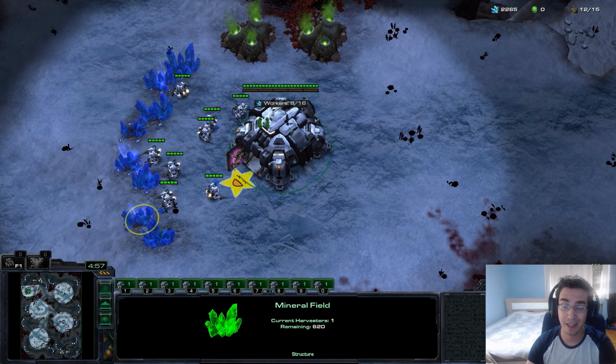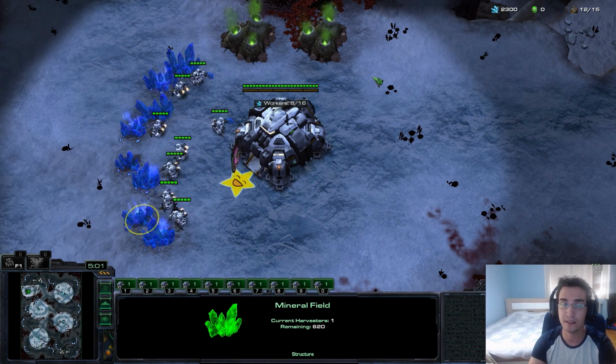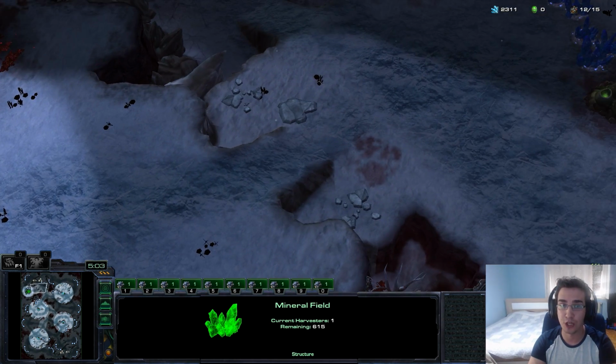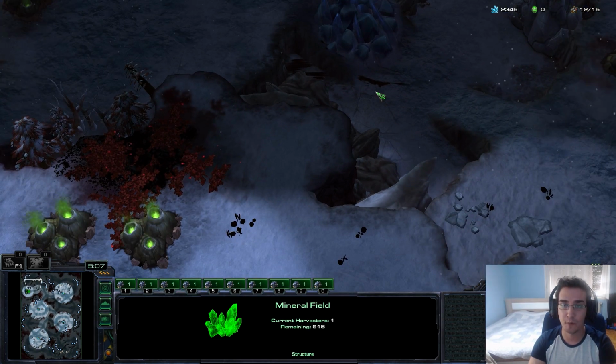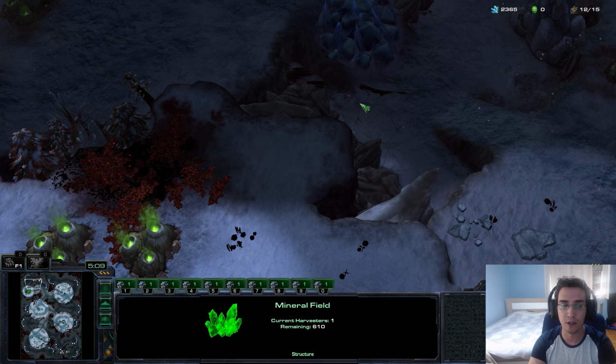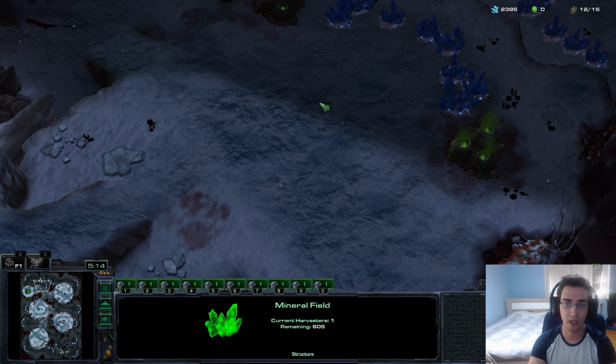Now, because it's so good for triple CC, you will face a lot of 2-base all-ins, people that are going to try to abuse that, and just kind of get you off your balance and make sure that they kill you pretty early on in the game. Now, as we walk into